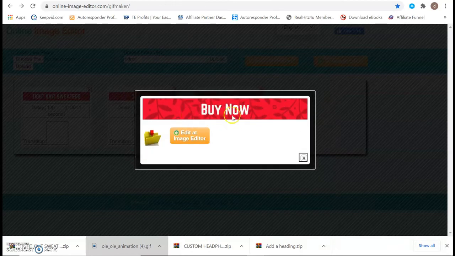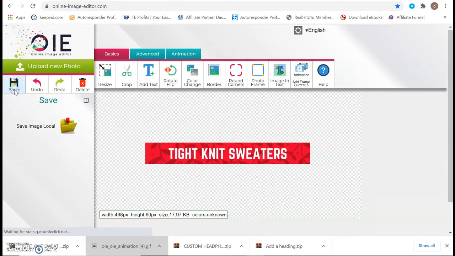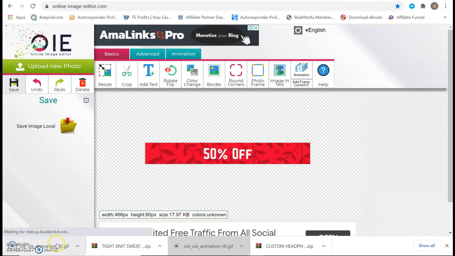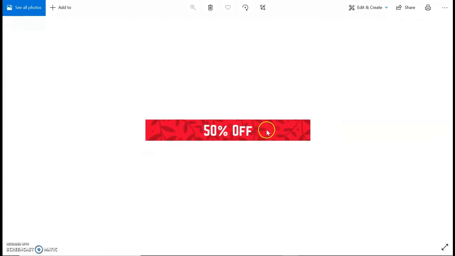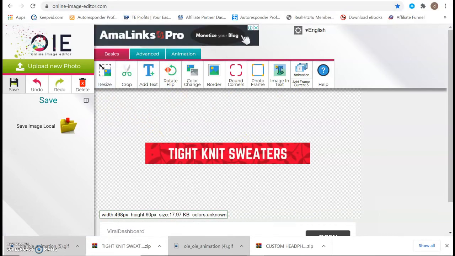So see how the text would be changing, and again the same process all over again. You can go ahead and save it, and then it will download to the folder here in local images. You get this banner, and then you can upload it to any server wherein you want to upload, and then you can provide the link to various places, and from there it will be able to get downloaded.